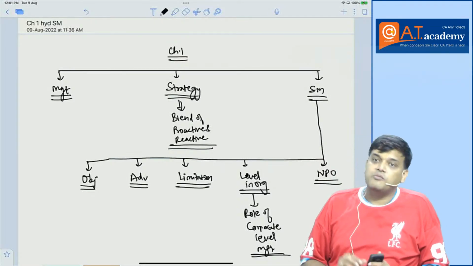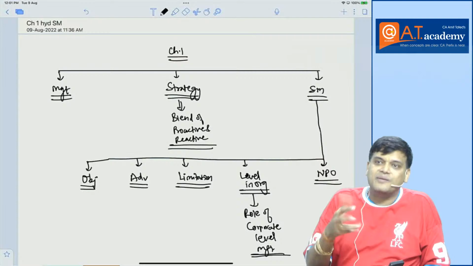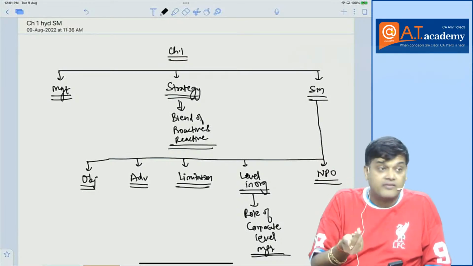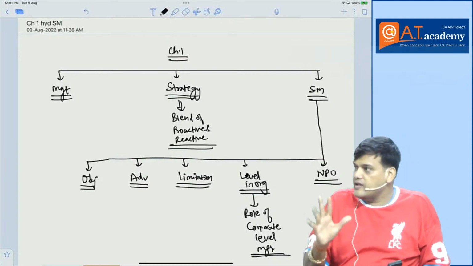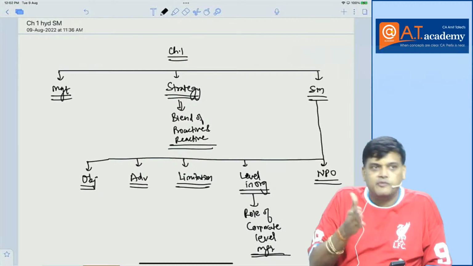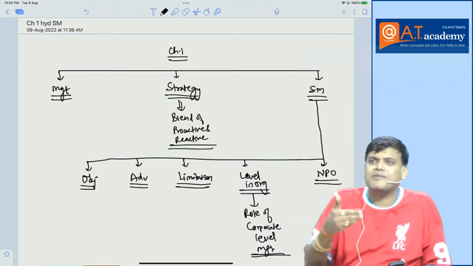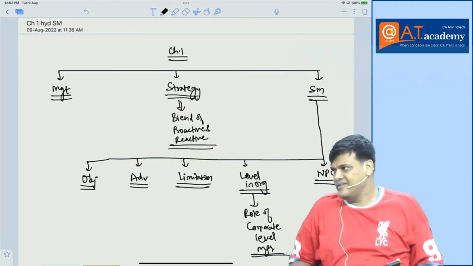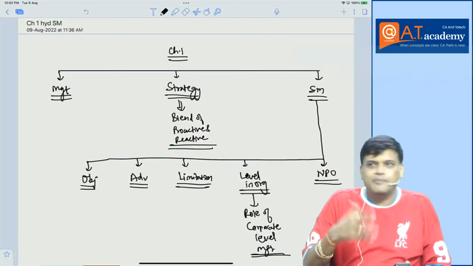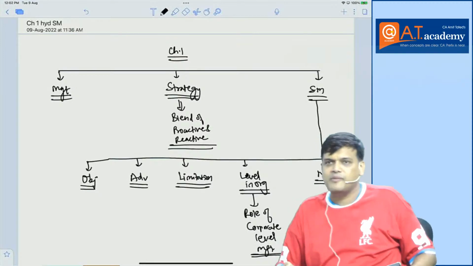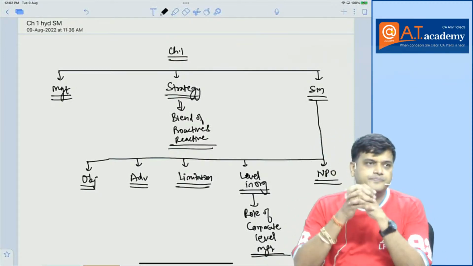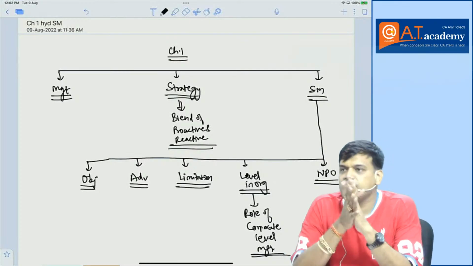Again I'm telling you, there will definitely be a question on chapter 1, but I'm not guaranteeing how many marks. It can be 4 marks, 6 marks, or only 2 marks. It can be anything. But you need to understand there is a definite question on chapter 1, so pay attention to chapter 1. Once we complete chapter 1, chapter 3 starts. But I told you yesterday too, chapter 1 and chapter 3 are very small chapters. In today's lecture, this will almost end, maybe one or two points may remain. And chapter 3 again ends in one day, not more than that. Okay, everybody with me now? Sure? Okay. So my friends,